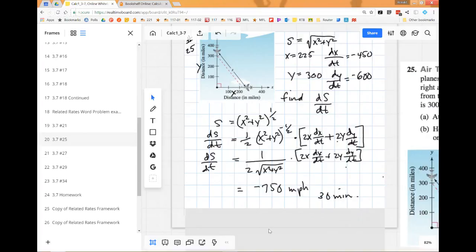So in other words, wow, that's much faster than the planes were traveling. Well, it's faster anyway. They're approaching each other at a great rate of speed. So if they're coming at each other at 750 miles an hour,